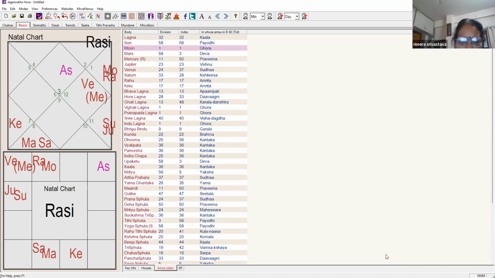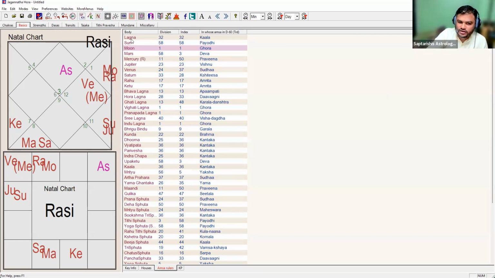मन अलग है, चित्त अलग है. चित्त अलग है, तो यहाँ पर मन की बात करेंगे, है ना? मन और चंद्रमा भी मन का कारक है. So if Lagna is afflicted, if Chandra is afflicted, that is showing serious trouble here.